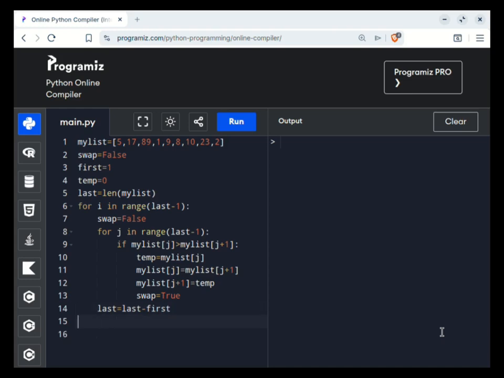Then I need to get outside the loop and now print my list, to see whether the values have been rightfully sorted the way they should. So let me try to run this program and see whether yes. So you can see